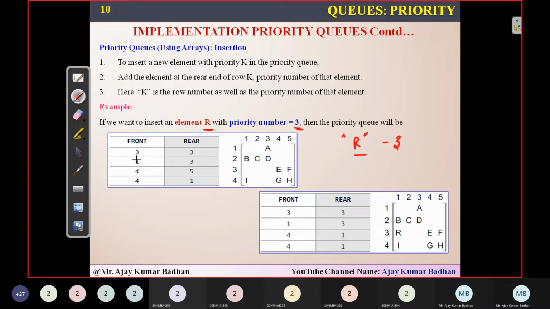So which one do we have to consider? This is the table, front of K. Now he has given the priority as 3. So front of 3 we have to see. Where is front of 3 pointing here? This is 1, 2, 3, 4. This is your priority. So front of 3 is pointing at which location? 4. Then I have to find out rear of that particular priority. So rear is pointing at number 5. Means this is here. See, front, rear.